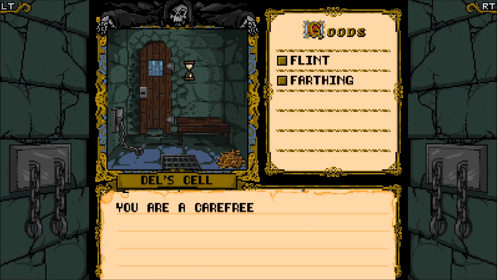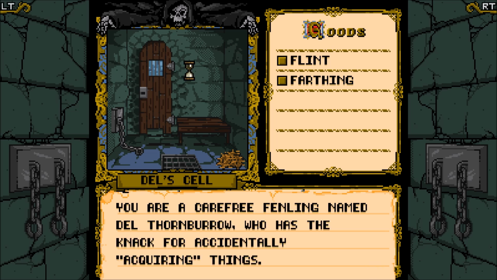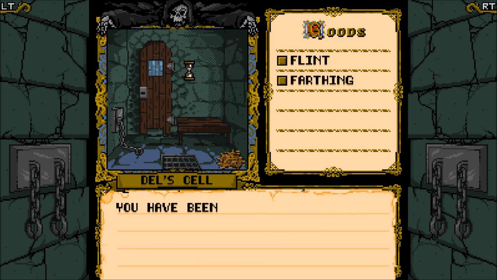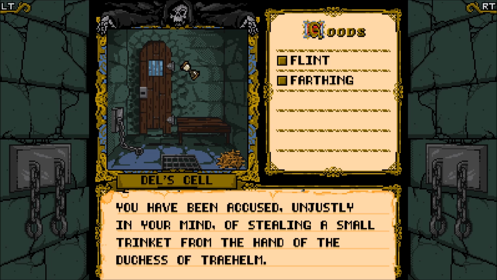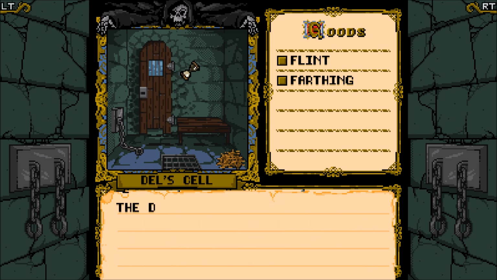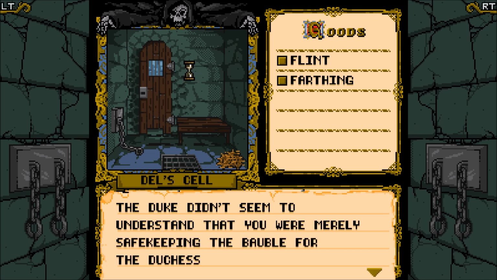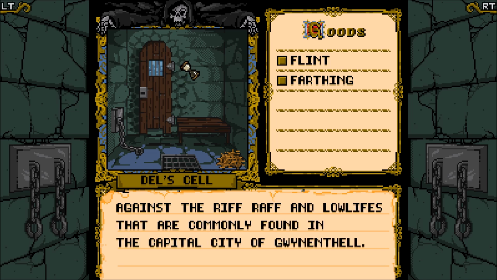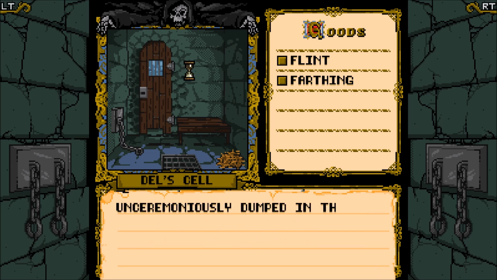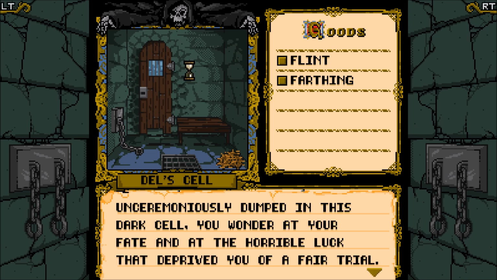You are a carefree fenling named Del Thornborough, who has the knack for accidentally acquiring things. You're a thief. You have been accused, unjustly in your mind, of stealing a small trinket from the hand of the Duchess of Trehelm. The Duke didn't seem to understand that you were merely safekeeping the bauble for the Duchess against the riffraff and lowlifes that are commonly found in the capital city of Gwynenthal. Unceremoniously dumped in this dark cell, you wonder at your fate, at the horrible luck that deprived you